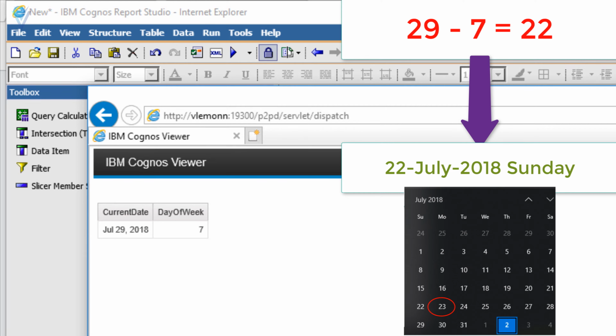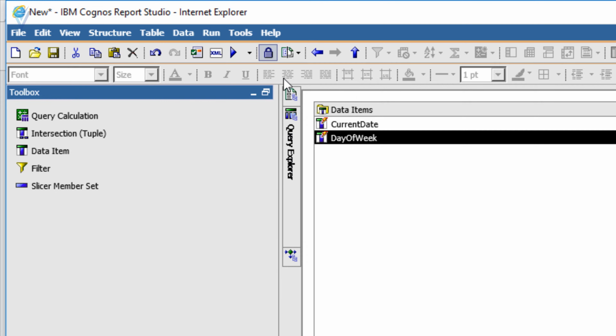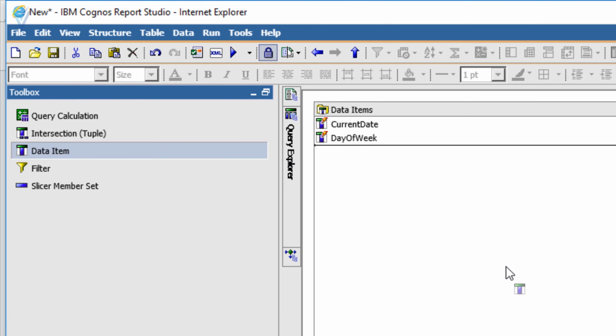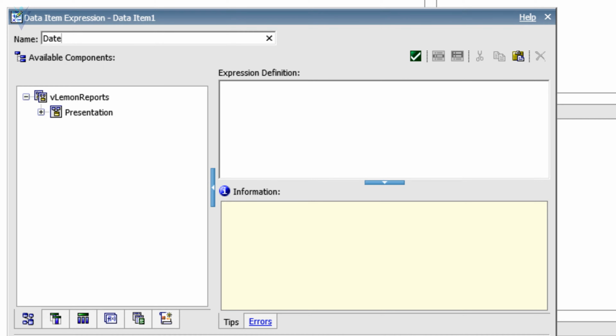Okay, so instead of 7, we are going to subtract 6 days from the current date. It means whatever value you get using the day of week function, you need to reduce it by 1 and then subtract the result from the current date. So let me open Report Studio and add another data item, and I'm going to rename it to